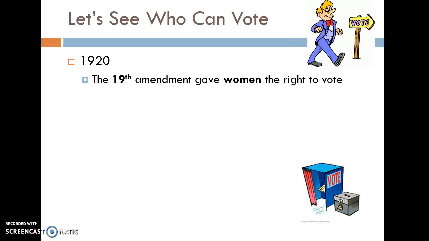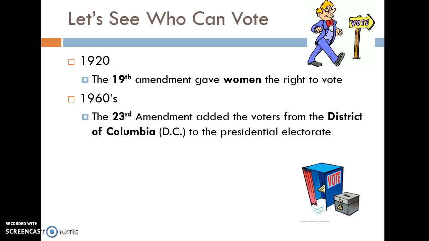Then we move on to 1920, where we pass the 19th Amendment, which gives women the right to vote. Then you have the 1960s with the 23rd Amendment added, giving voters from the District of Columbia a separate presidential electorate, which basically makes Washington, D.C. like its own state.